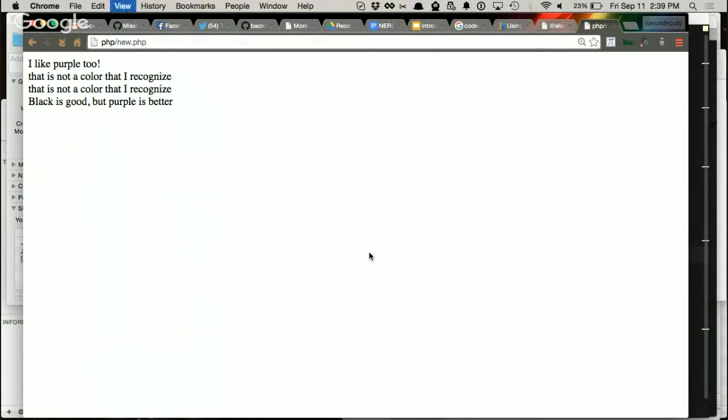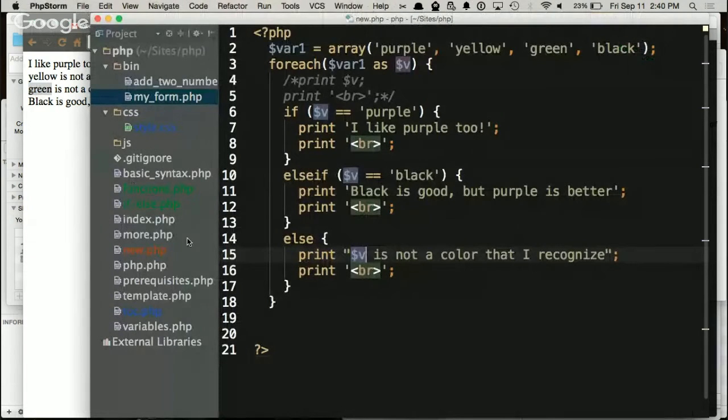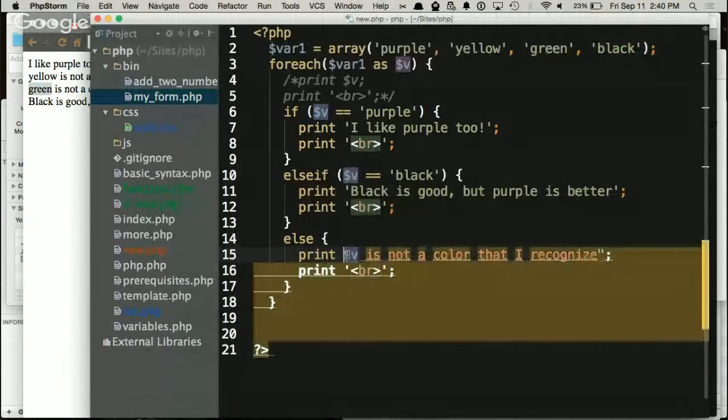So let's take a look at what that looks like. So as you said, it picked up the color there. So yellow is not a color that I recognize. Green is not a color I recognize. So those are things that are in the array, but not things that we have a case for in our if-else statement. If we do this in single quotes,